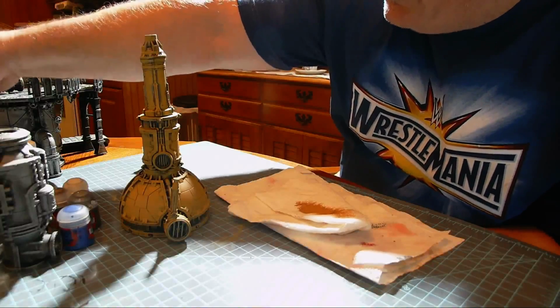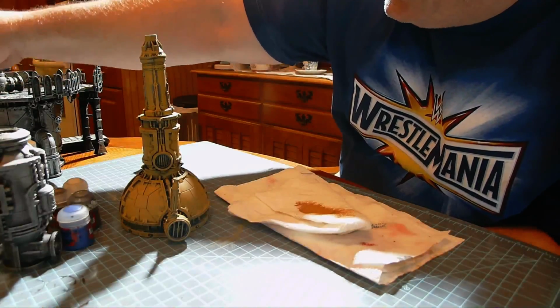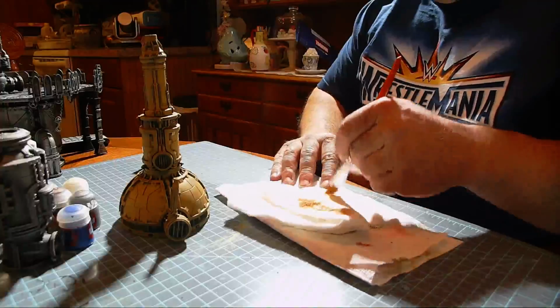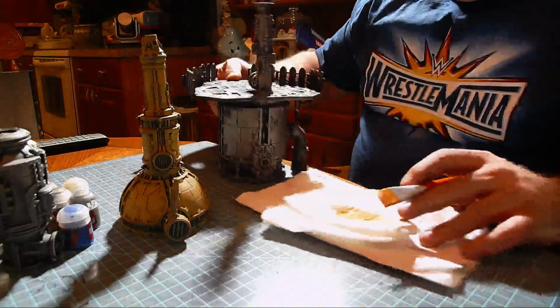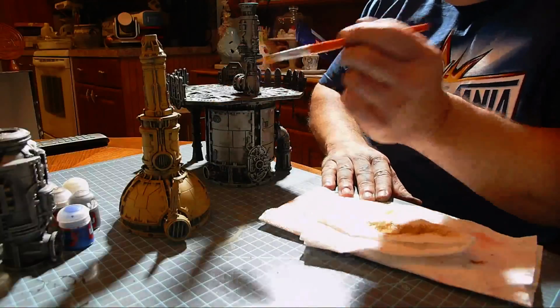I mean, yeah, you go through more materials and stuff, but it depends how you apply them and what you're going for. Like right here, this is what we're going for right now. So we're letting this dry a little bit. The other thing that I want to show you, and I'll just go over this quick, is this pipe here is going to be that color, but this base here